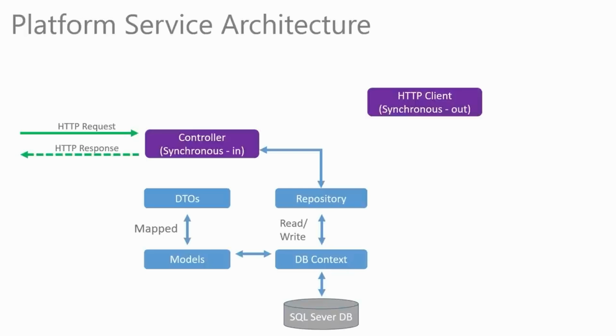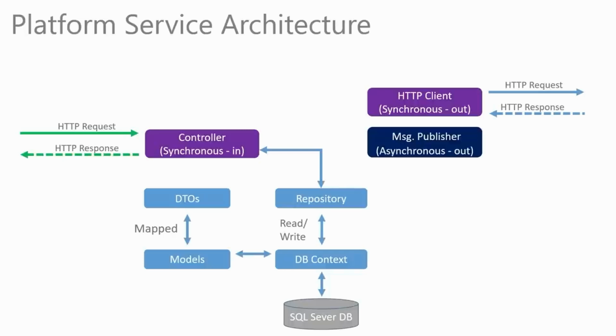We're also going to have an HTTP client, which I'm calling here synchronous out, and it's going to make HTTP requests to our, in this case, command service and receive back a response. Now, I'm including this just for completeness, just as an example. We're not making extensive use of this, but we are going to build it out just to demonstrate that particular approach. We're then coming on to the main event, which is to use a message publisher, which is asynchronous out.